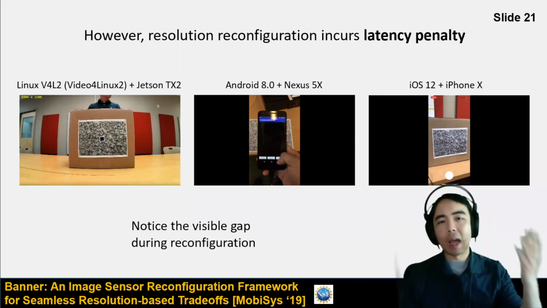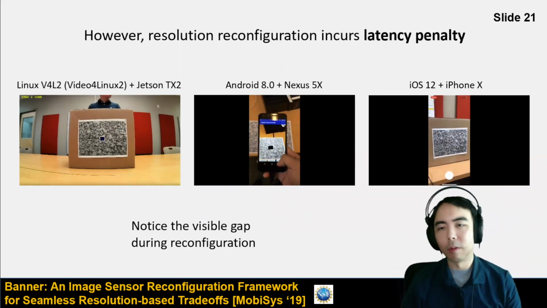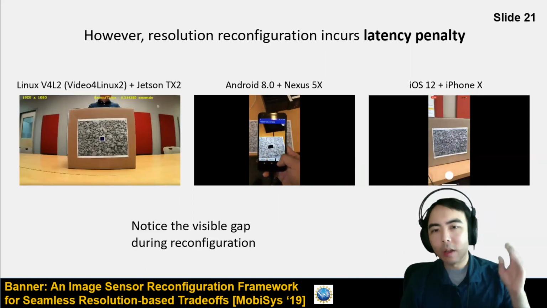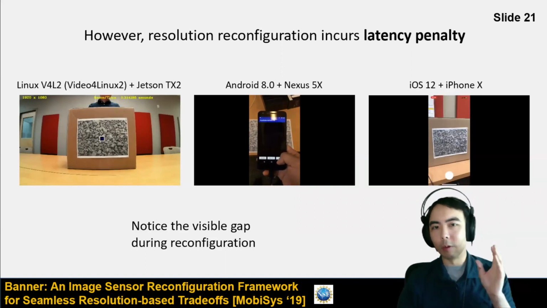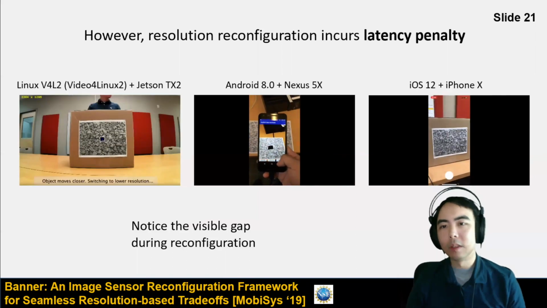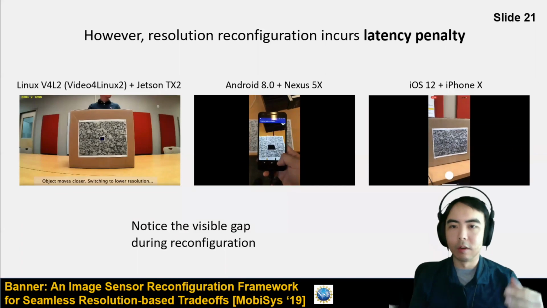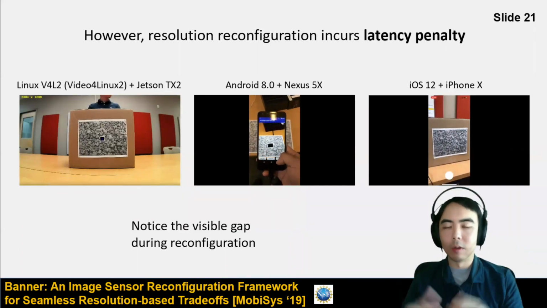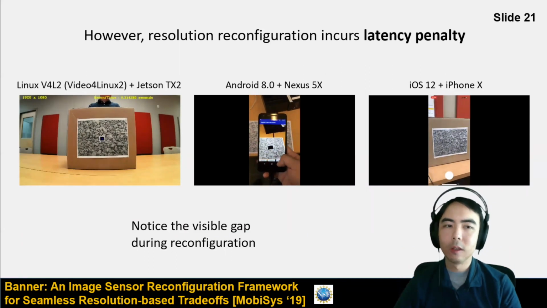It prohibits application developers from doing anything that exploits this concept of multi-resolution visual computing, because if they wanted to say, okay, occasionally I want to go to low resolution, occasionally I want to go to high resolution, they can't actually exploit that opportunity because it would create this detrimental effect for their users, who would see the screen turn off and on. It would create jarring effects for the users who are using these applications.